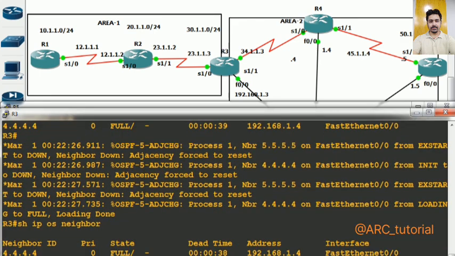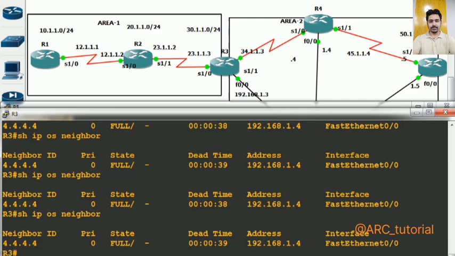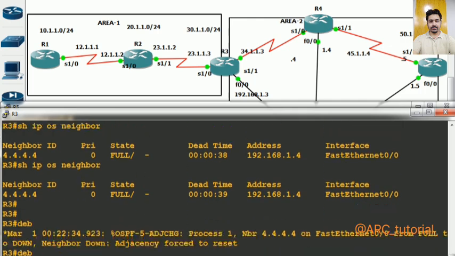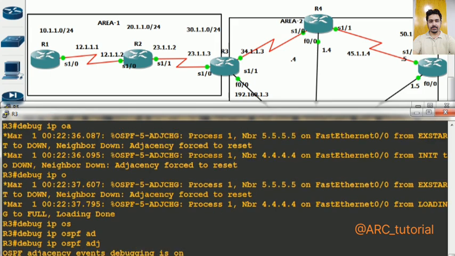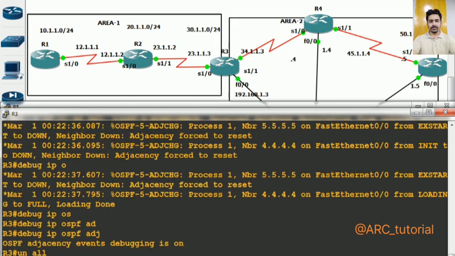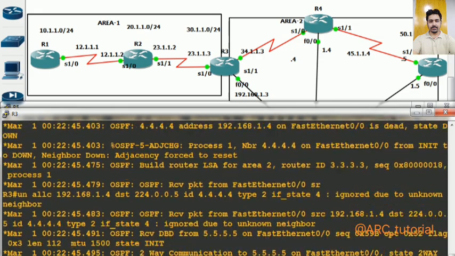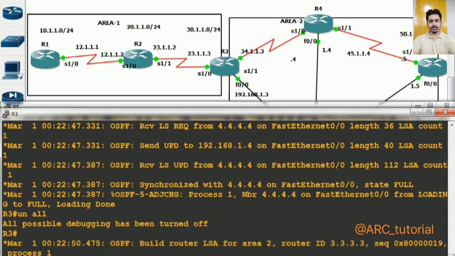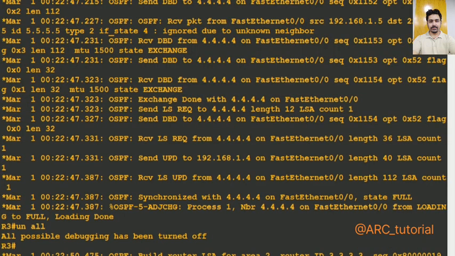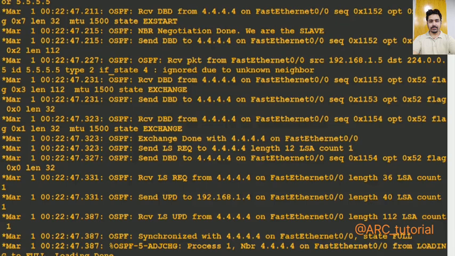See, and if you say debug IP OSPF adjacency, understand? See,